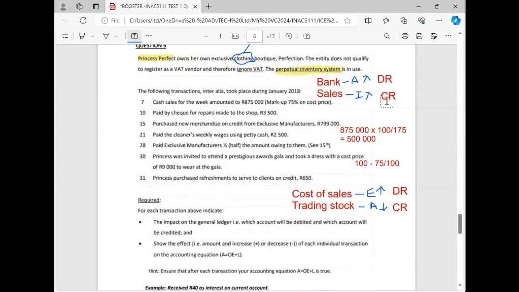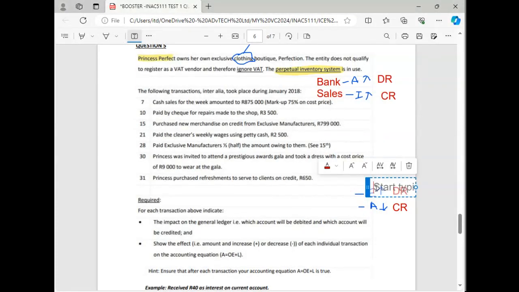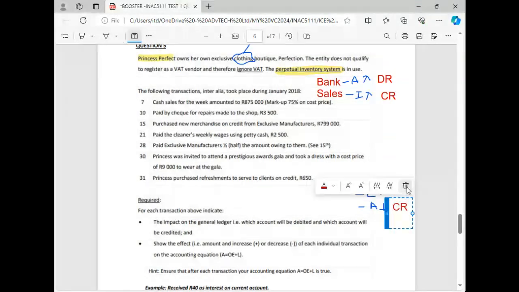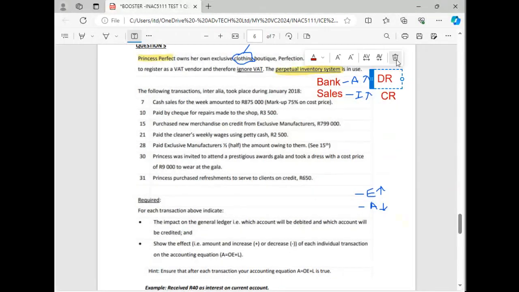What do you think about the repairs, guys? I'm going to delete these ones. Give me the 2 accounts for the 10th. Think about the 10th and give me the 2 accounts. You can write them down here, or you can use the audio. Sitle, please come to the audio. Tell me about the 2 accounts. You said bank. I hope you all agree with her. She said bank.